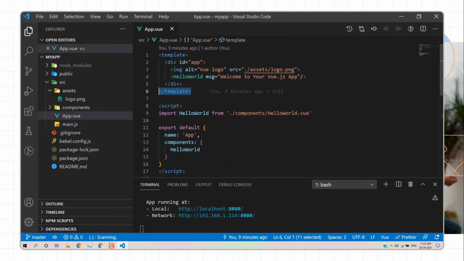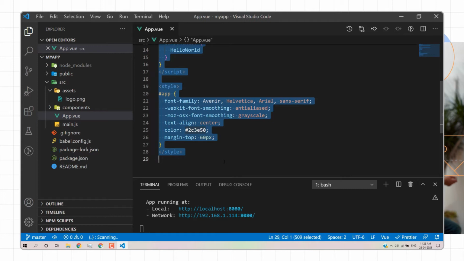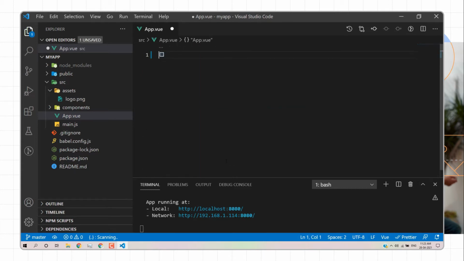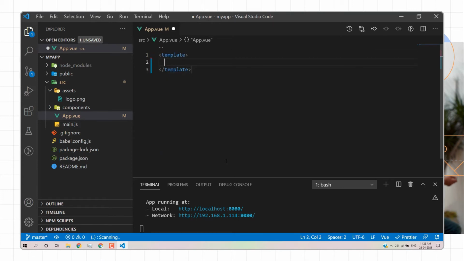This is the component app.vue, and as I told you, each component has three things. You have to write your HTML code inside the template tag. If you want to work on your JavaScript code, you have to use the script tag, and if you want to work on the style part, you have to use the style tag. Then we have the template.